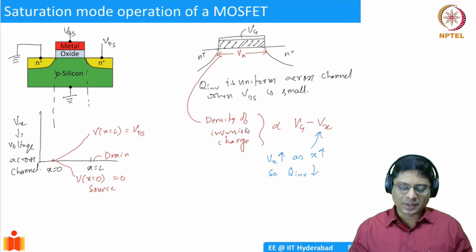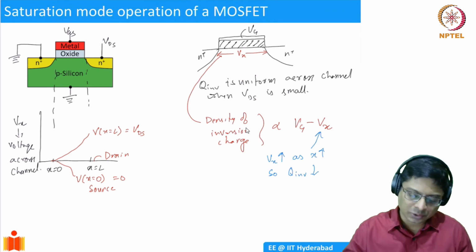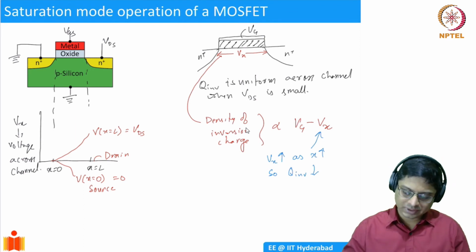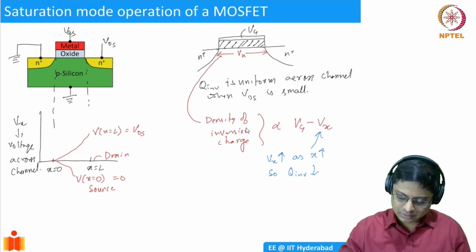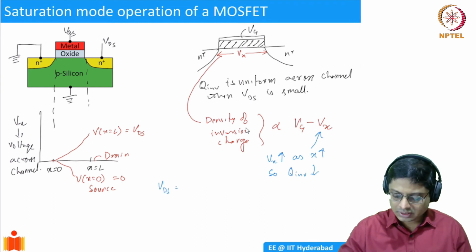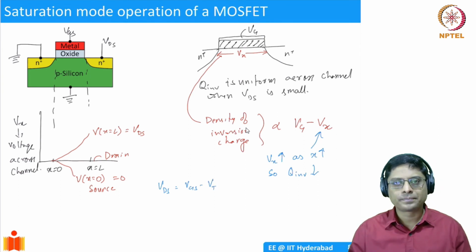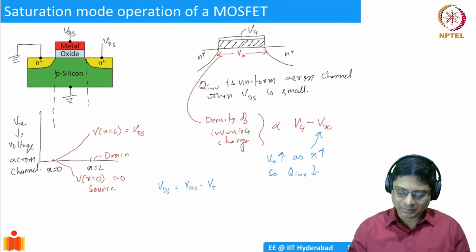Similarly, what exactly should the voltage be? We will have to analyze, and we will do that in a moment. Okay, so this is an important part. Let's take an example, and let's say my VDS equal to VGS minus VT. I choose this specific number for a particular reason. It will become clear in a moment.